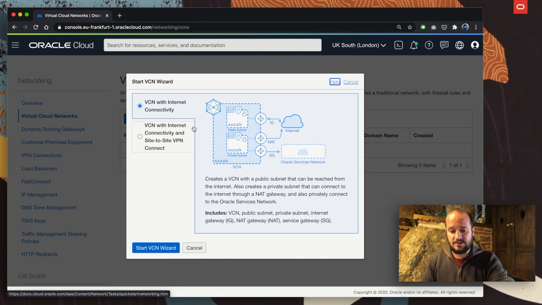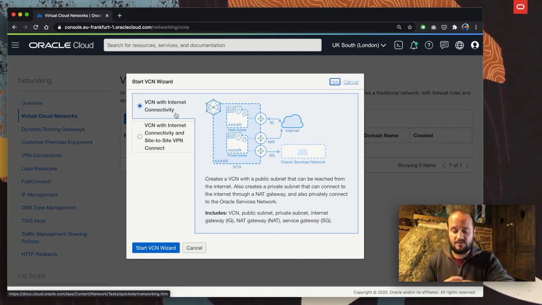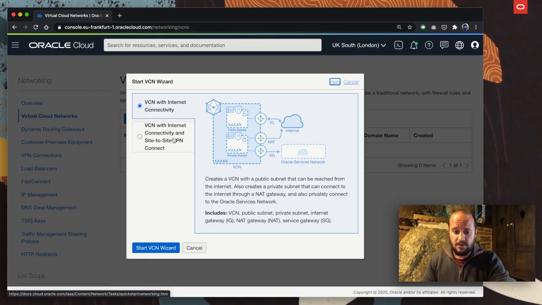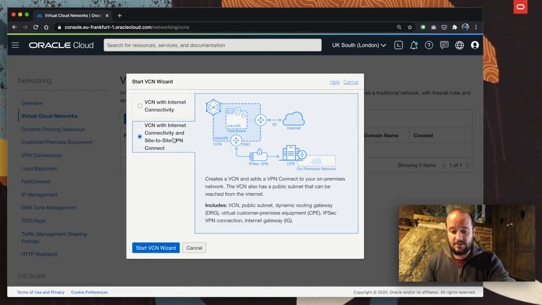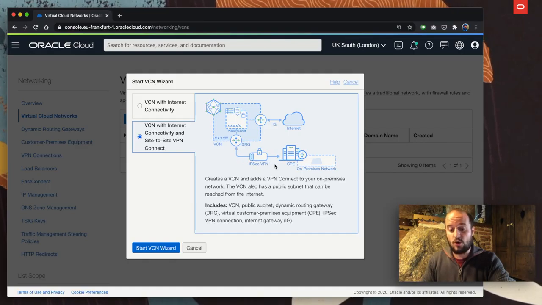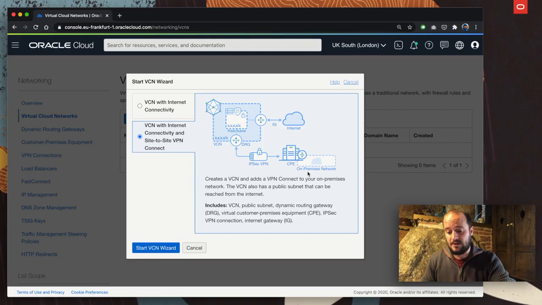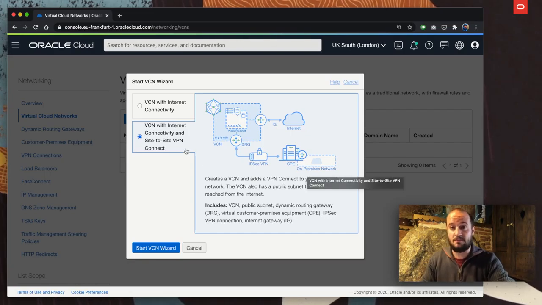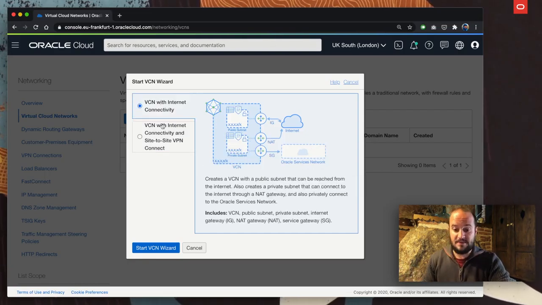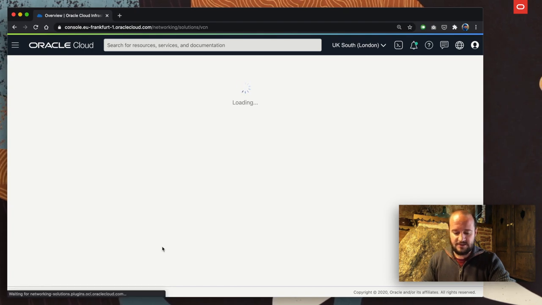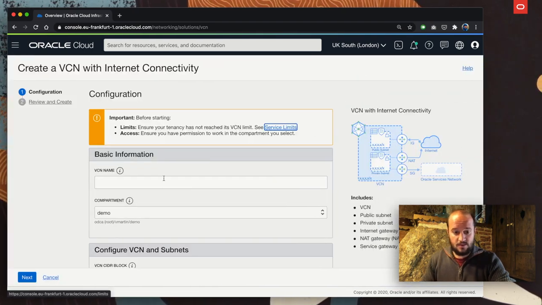The wizard is just the typical patterns that we have in terms of networking: either VCNs with internet connectivity or private with VPN. In this case, it has a little bit more complexity because it has an IPsec VPN connection, and that will be your CPE, which is just the representation of your on-premise virtual machine with the VPN server. In this case, we are going for the VCN with internet connectivity. That is the graphic that I just described. We start the VCN Wizard,